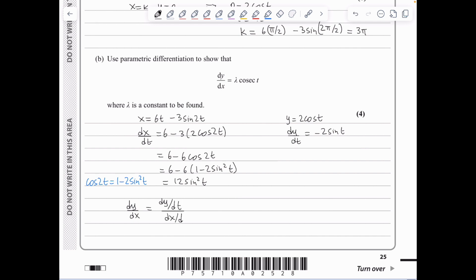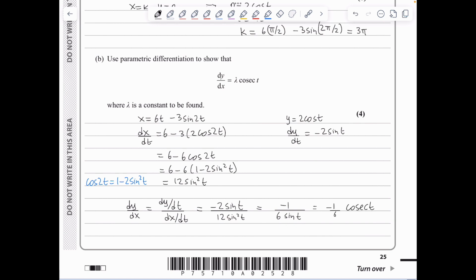So I will be substituting dy/dt with negative 2 sine t and dx/dt with 12 sine squared t. Obviously the 2 with the 12 leave me a 6 in the denominator, and I'm left with the sine t in the denominator as well. We know that 1 over sine t is cosec t, so this is simply negative 1 over 6 cosec of